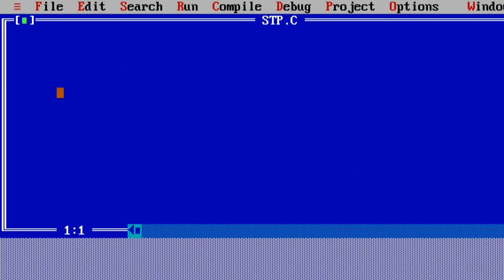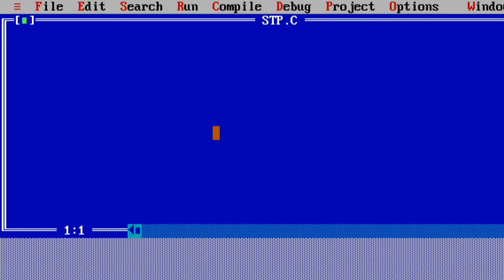Now this is the place to type the C program. Here observe 1:1 at the bottom left corner of the screen. What is the meaning of 1:1? 1:1 means your cursor is now in the position of first line and first column.